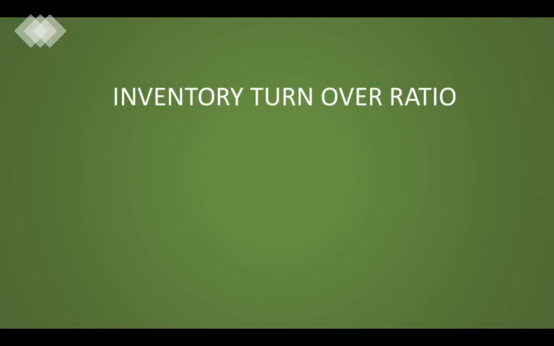Hi, in our earlier video, we have learned on turnover ratios, under which we have learned three such ratios. Now, in this video, we'll be learning something very special, which is the most commonly and widely used ratio while appraising the proposal, which is none other than inventory turnover ratio. Now, what is this inventory turnover ratio? What does it signify? What are the basic concepts behind this ratio that we are going to learn in this video.